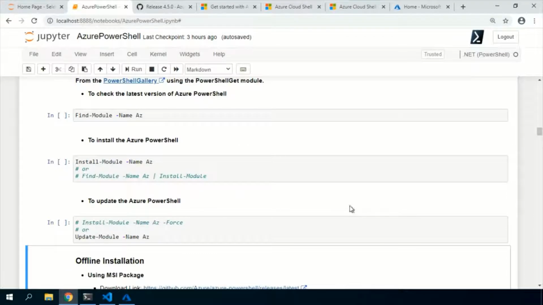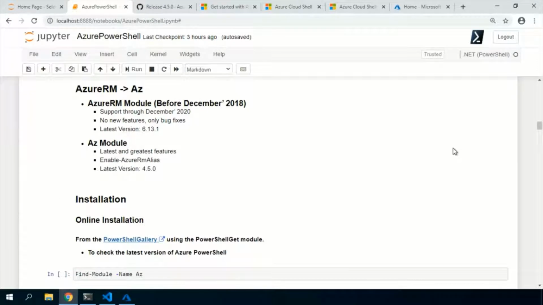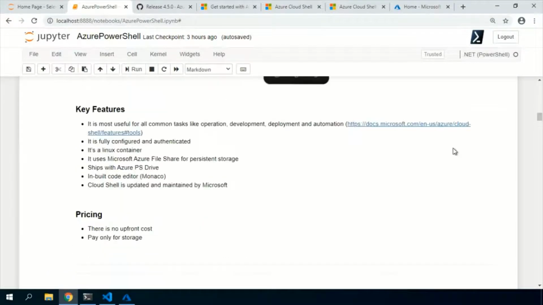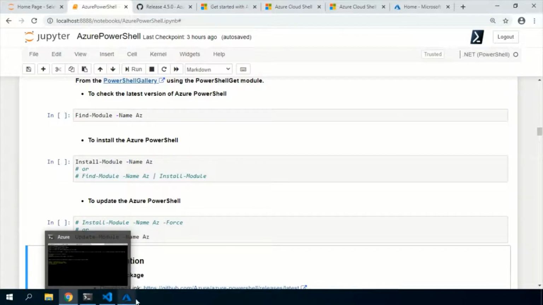All right, the other thing I need to explain is that I'm using Jupyter notebooks, where I can have both my notes and my scripts on a single page. I can go through the notes and also execute the commandlets right here. It is as good as executing in my local console.